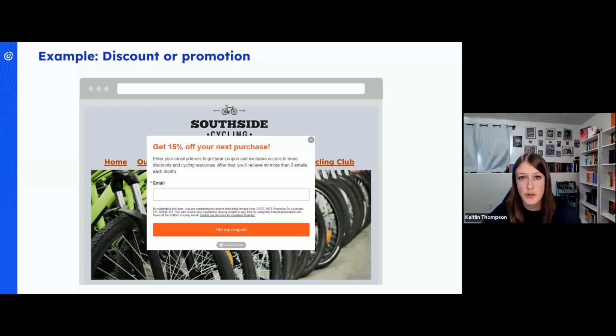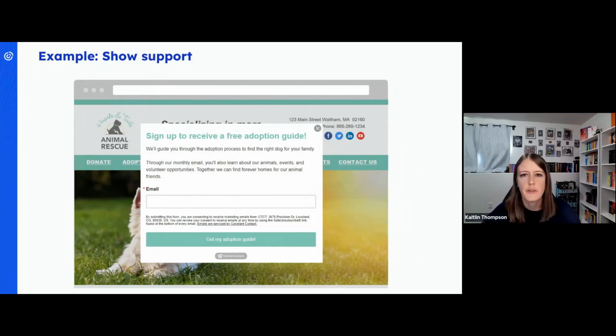And then the little description on this form lets subscribers know they'll be receiving exclusive access to discounts and resources in the future. And it does address how often they'll be sending to them. And people always like to hear that because they want to make sure you won't be sending an email to them every day. And then for a nonprofit organization, you could ask people to show their support and help you